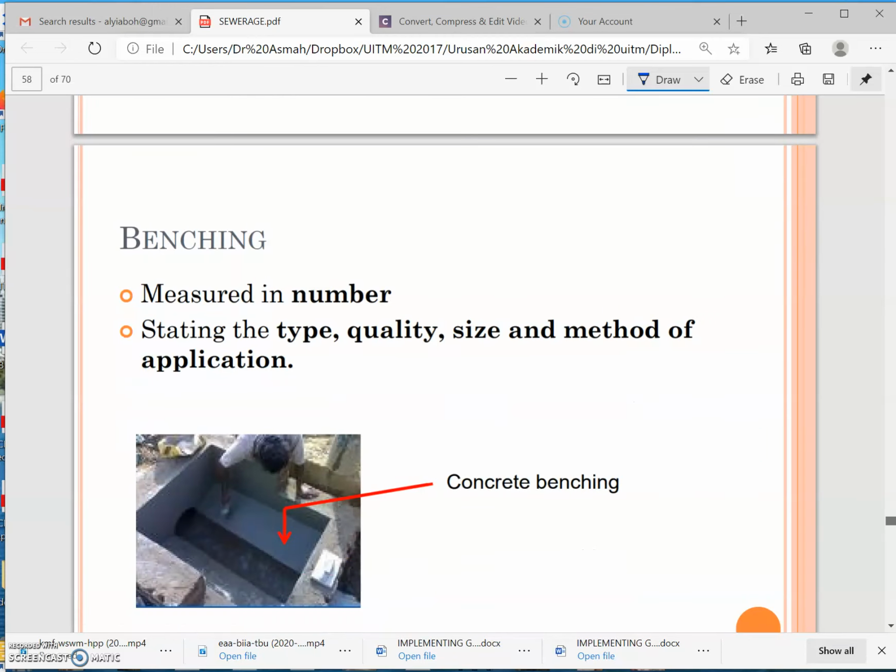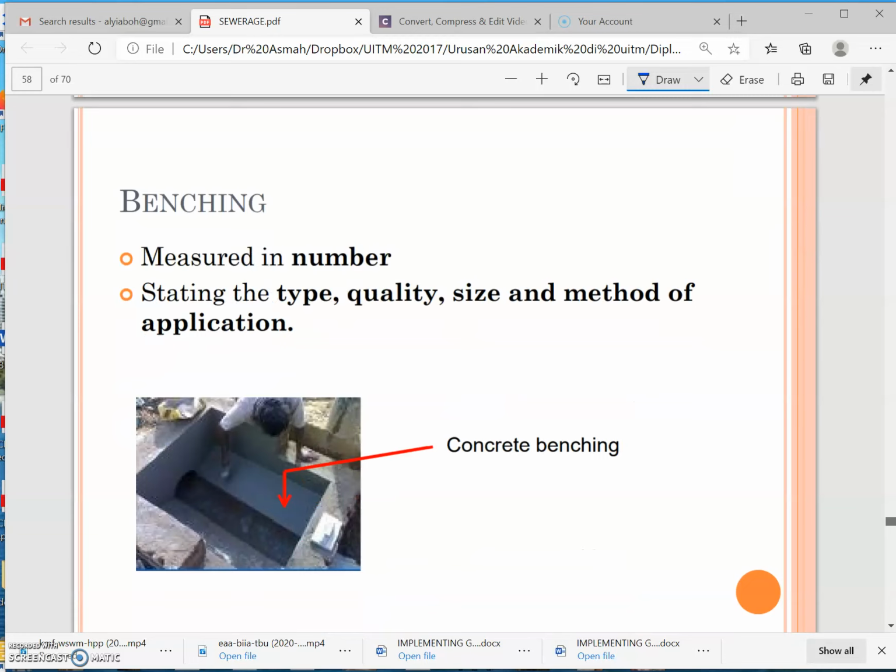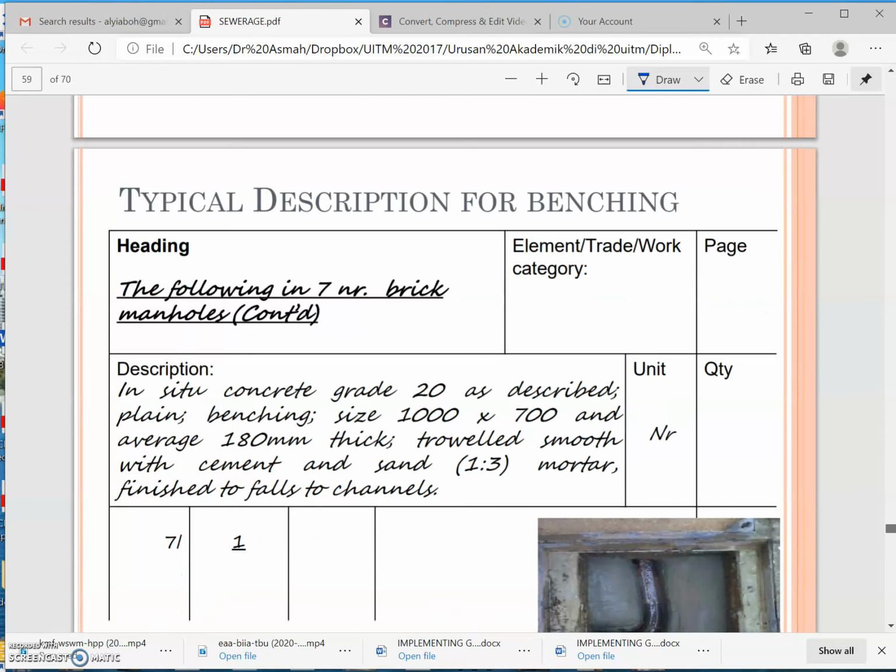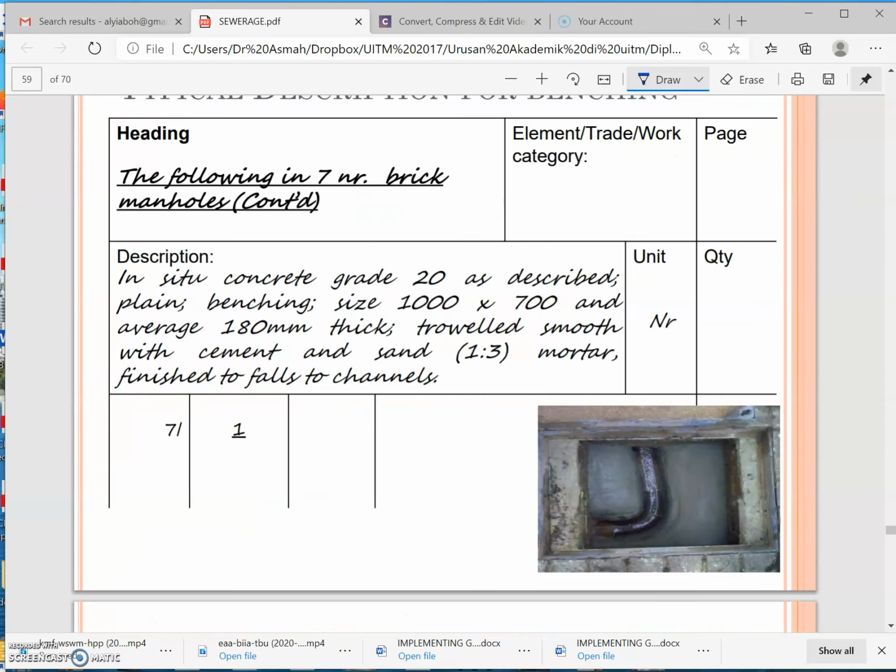Okay, this is what we call a benching, just like we have previously. Again, it will be measured in number. You need to mention the type, quality, size, method of application. Material. Types, size. Okay. Average thickness, how it will be done, and lastly it has to be mentioned finish to falls